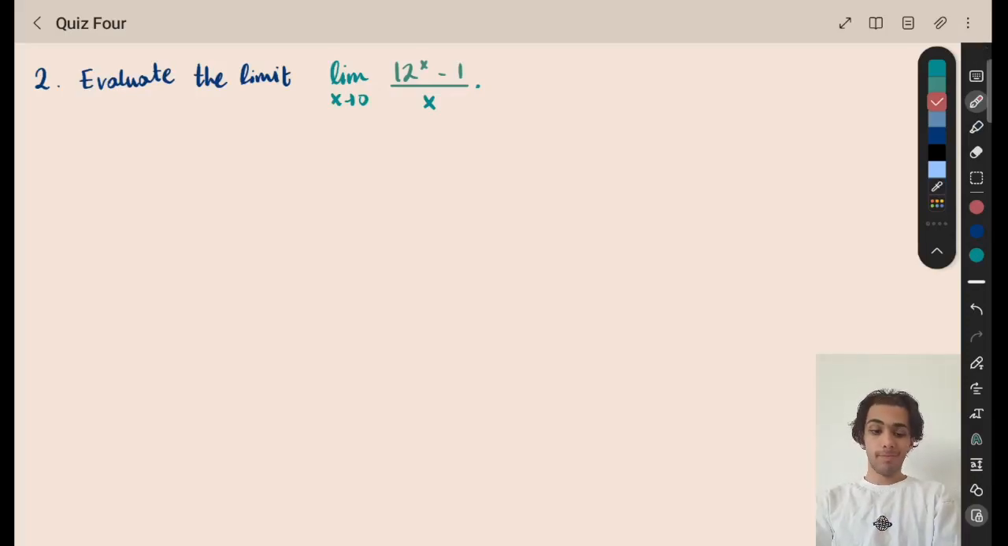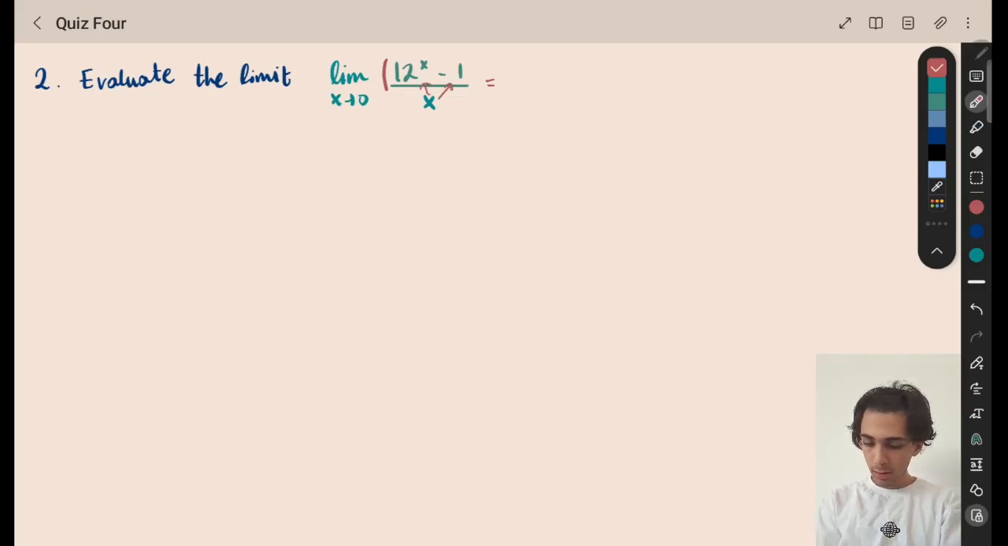Evaluate the limit. Yeah, this is a very interesting limit. It is so interesting that when I tried it for the first time, I thought naively, okay, I can distribute